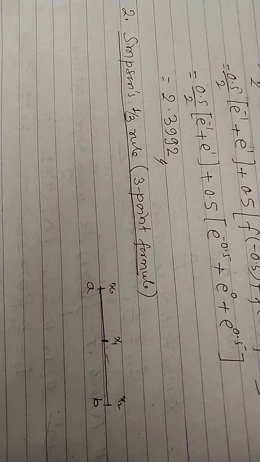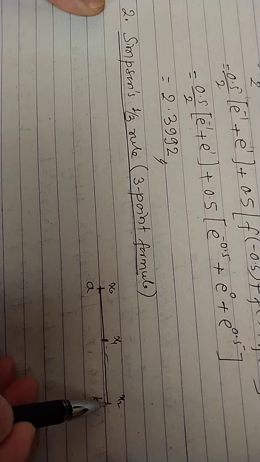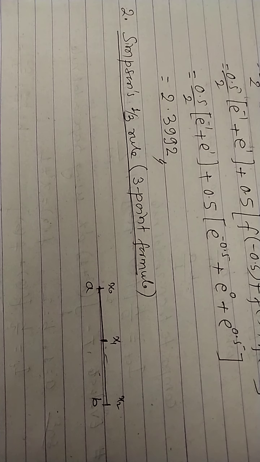So in case of Simpson's 3-point formula you will be given 3 points in total and 2 line segments. यसको फर्मुला के हो त्यो हेरौं अनि यसको कम्पोजिट भर्सनको फर्मुला के हो त्यो पनि हेरौं।